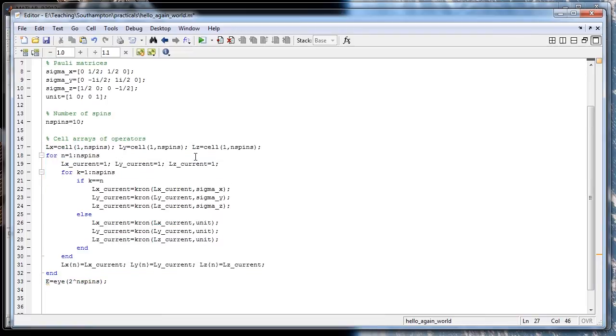So Lx, Ly, and Lz are immediately recognizable to an NMR spectroscopist, and then the loop is clearly over the number of spins because this is n spins, and something current is clearly referring to a current instance, and chron is a Kronecker product, and sigma x, sigma y, sigma z are the Pauli matrices, and unit is the unit operator. So any spectroscopist that actually opens this code later on, including ironically ourselves, if we look at this in about a month's time when we've forgotten everything that's been written here, will actually be able to instantly understand what is going on here,